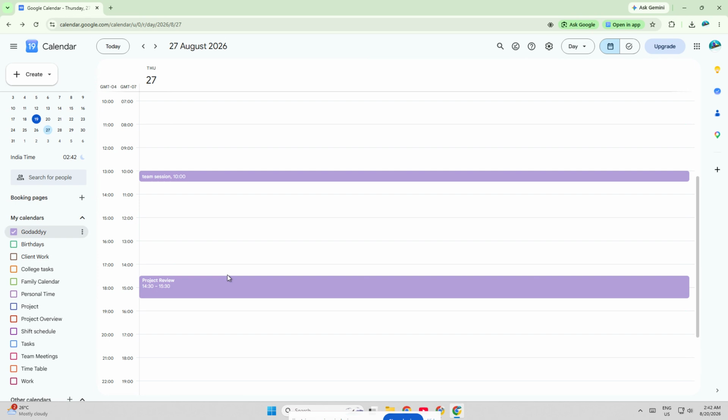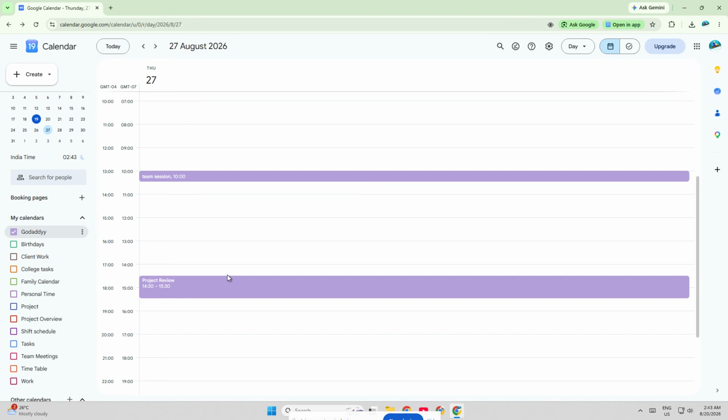This is especially useful if you want to color code your schedule while still keeping the overall look soft and stylish. A good tip is to assign different pastel colors to different areas of your life. For example, use one shade for work, another for personal events, and another for deadlines or reminders. That way, your calendar stays organized without looking too bold or cluttered. And if you ever want to change it again, just go back to the three dots and pick a new